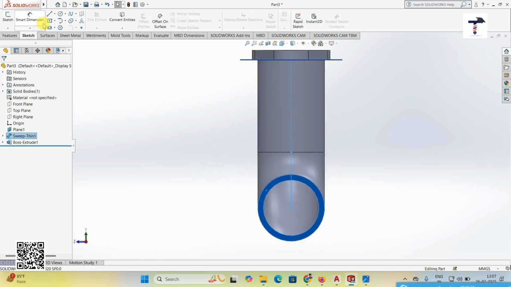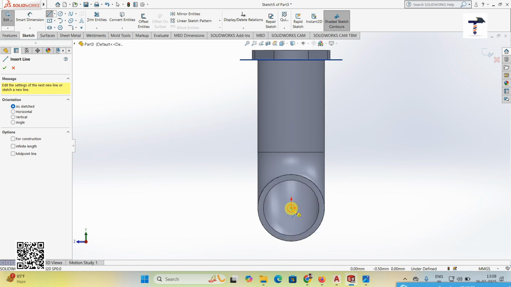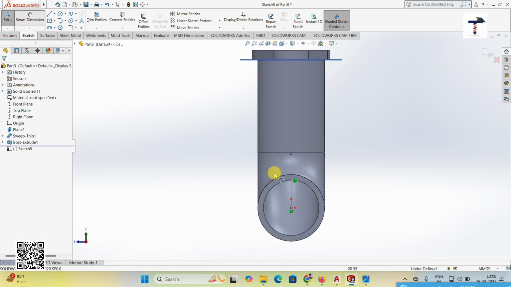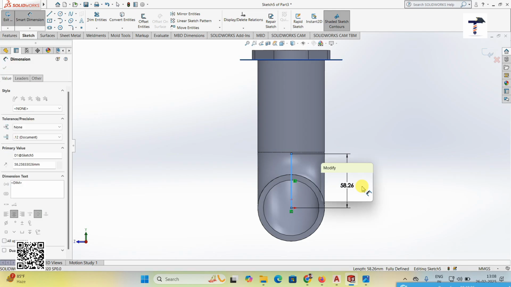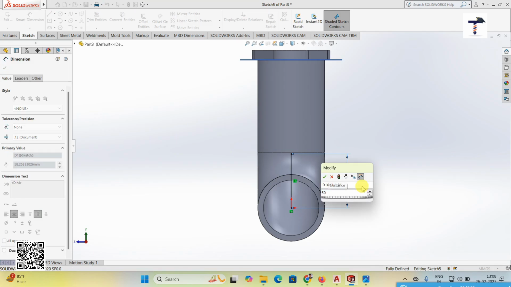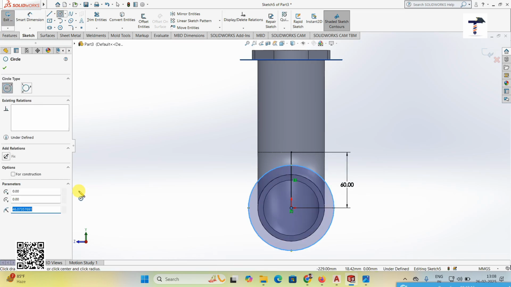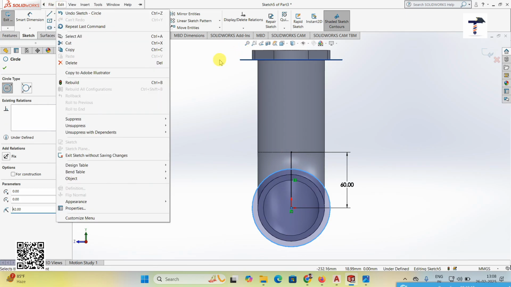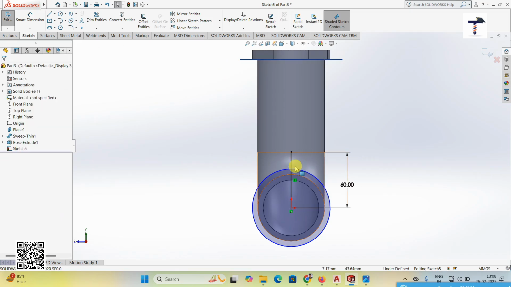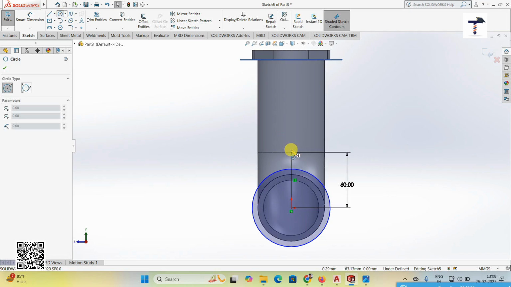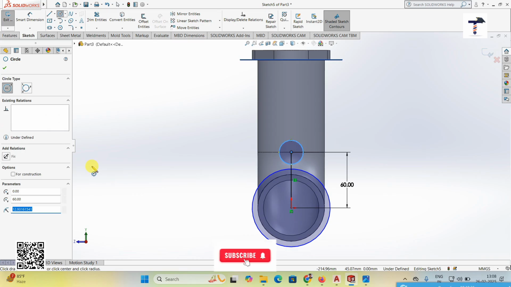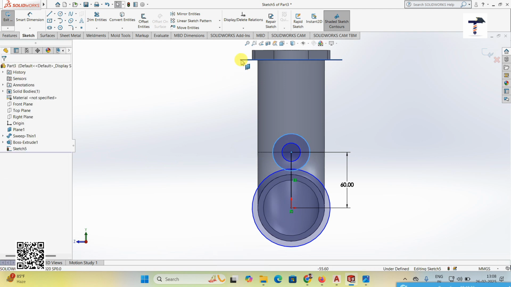select this face and sketch, create one line from here which is suppose 60 from the center. Okay, and from this one, this is the 42. Now create here one circle which is 10, and create here another circle which is 20. Now